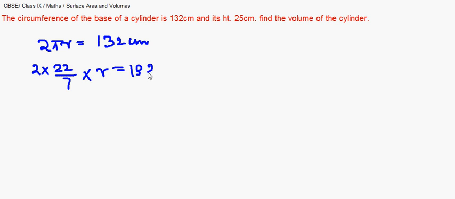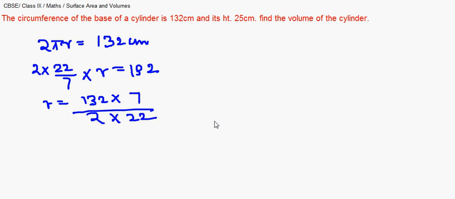So r is calculated as 132 into 7 by 2 into 22. This will give 11 2, 11 1, 11 2, so this is 6, this is 3, that's giving me 21